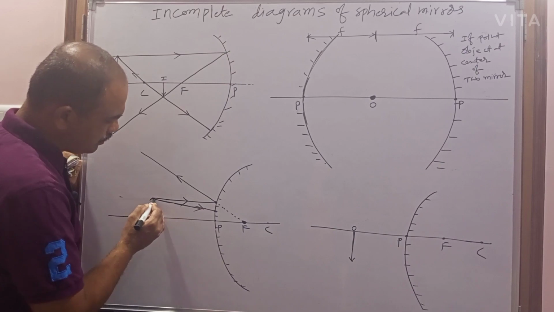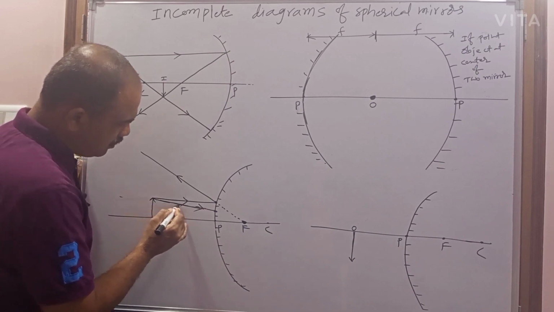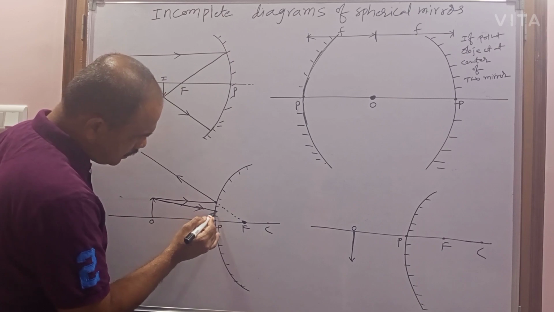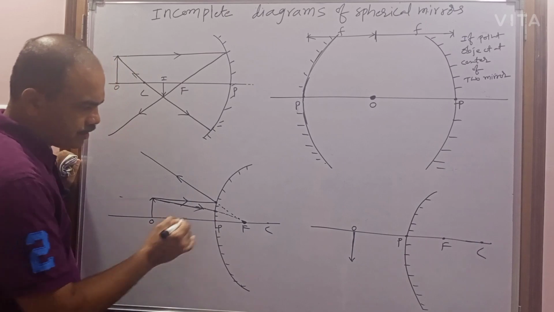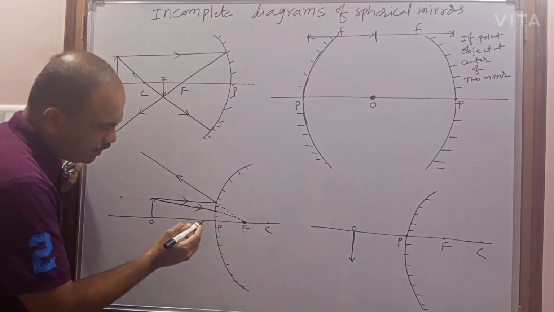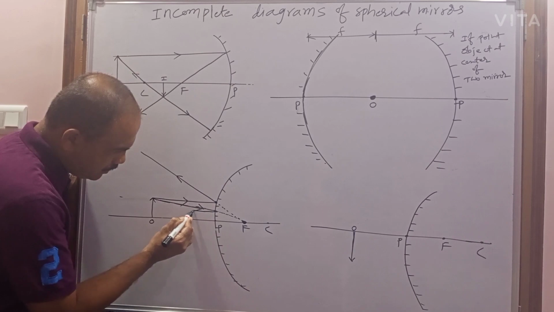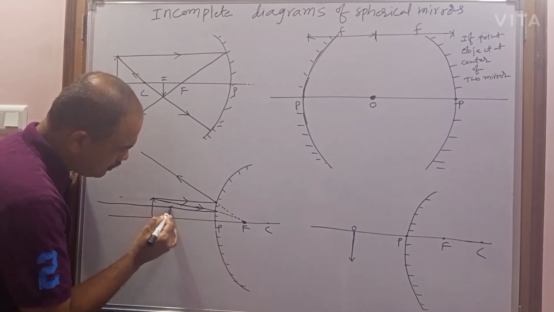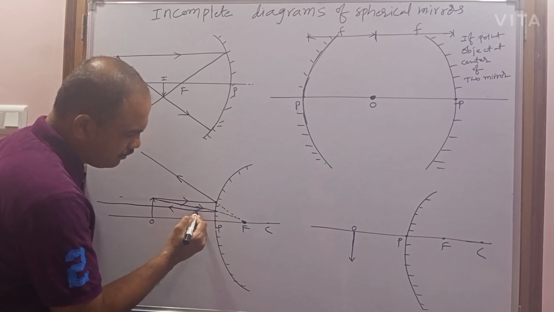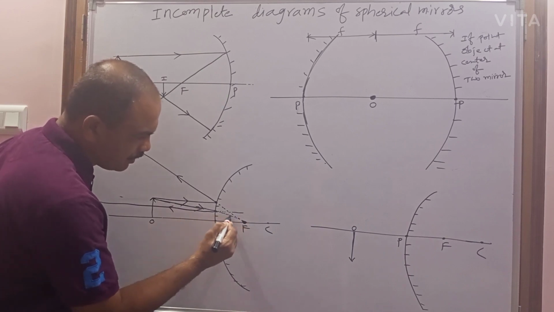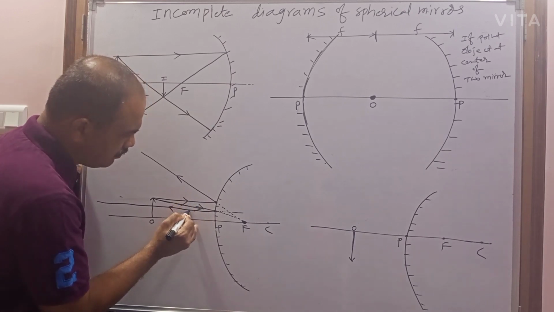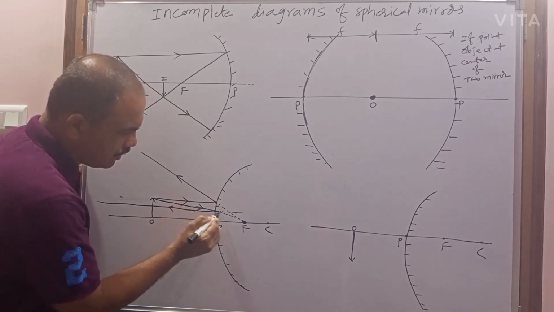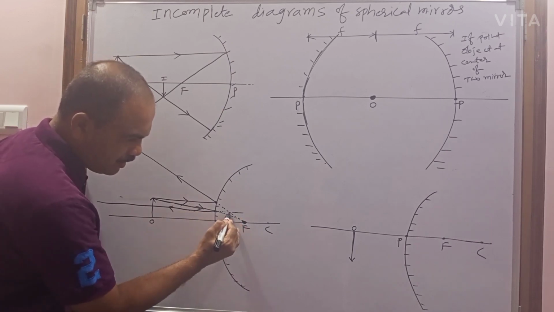Now another ray is given. Check how this incident ray will be. It will be traveling in the direction of the focus. To check that, join. Okay, it is traveling in the direction of the focus. After reflection, how will it be? It will be parallel to the principal axis. So now where is the image formed? Extend the reflected rays. This is the reflected ray corresponding to the parallel incident ray, and this is the reflected ray corresponding to the incident ray traveling in the direction of the focus. When they are extended, they intersect here. So that's why the image is formed here.